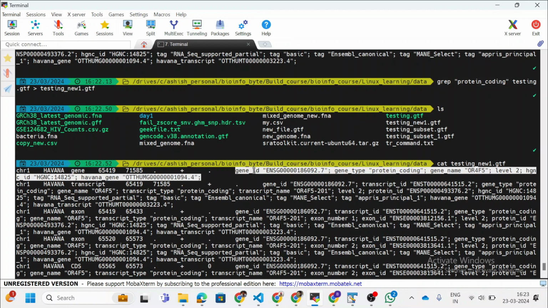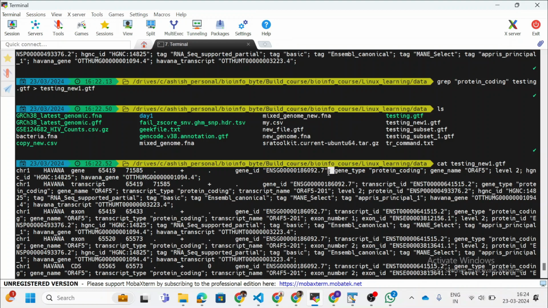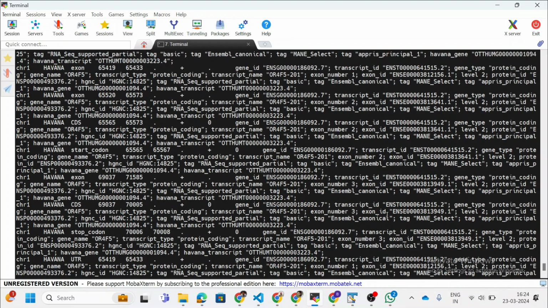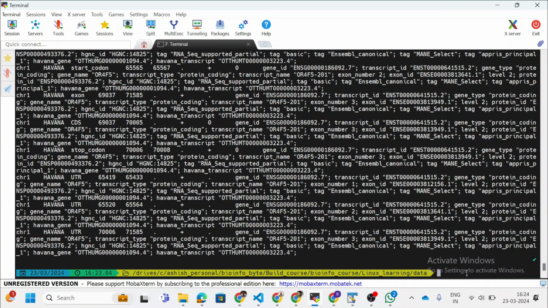And the 8th field contains multiple pieces of information like gene ID, gene type, gene name, level, and other information. But we are only interested in the gene name. So we will convert this semicolon, you can see here, to a new line. How are we going to do that?